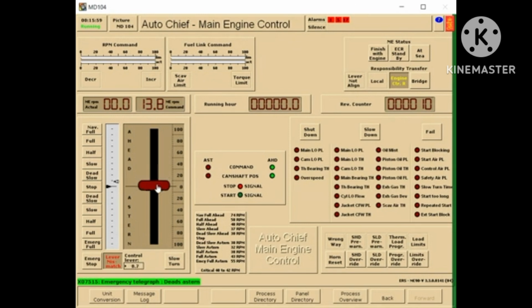Then after, in the lower part, so it is good. So we need to wait. As you can see, it runs the RPM. So we need to go back to 0.